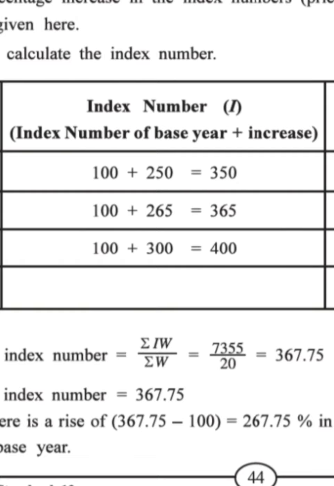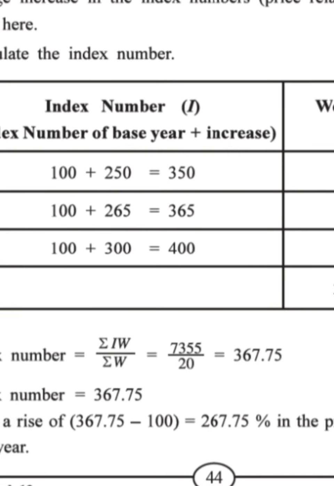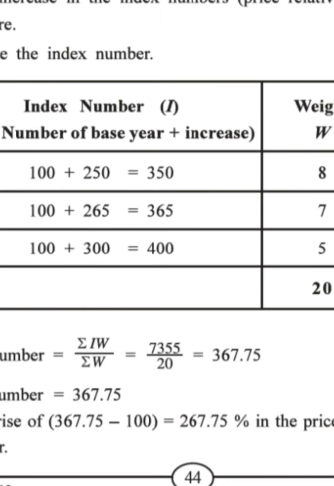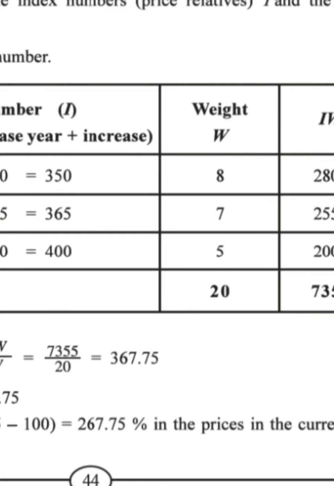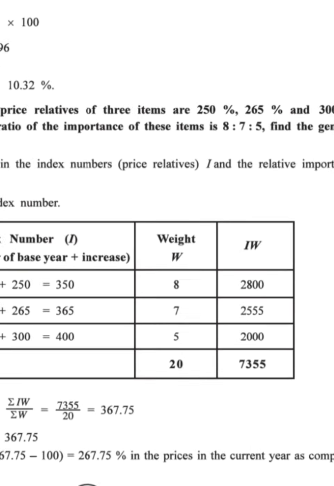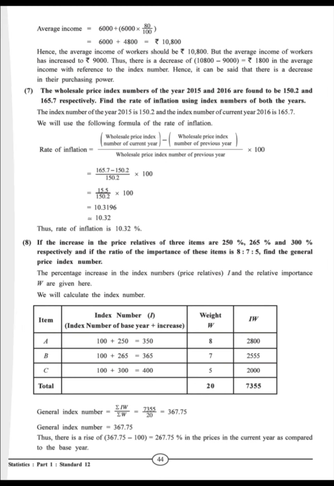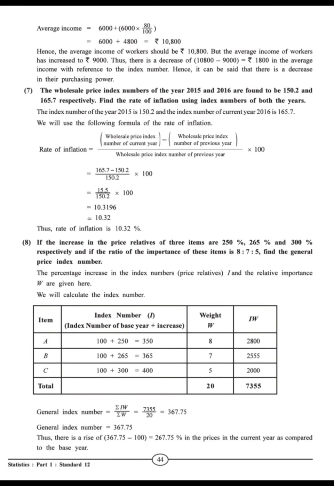So again, we are going to see by how much it rose. You would find 367.75 minus 100 will give you 267.75, right? That is actually a 267.75 percent rise in the price in the current year in comparison to the base year. So this is our last short sum. Over here we basically complete the chapter, but there are two sums which are remaining, and obviously theories are there. Two theories that have to be seen. In fact, the other sums and everything we have completed.